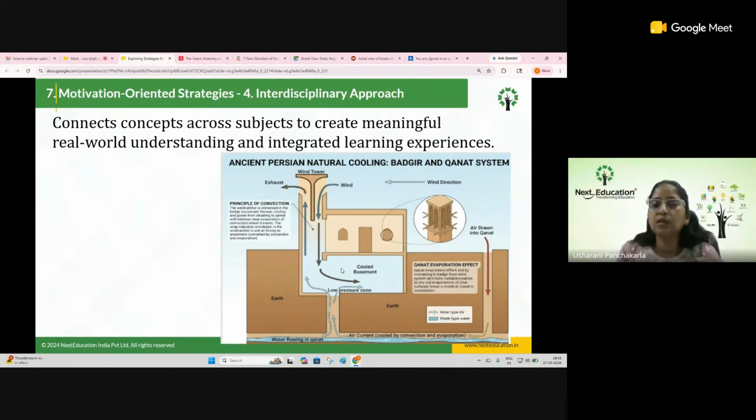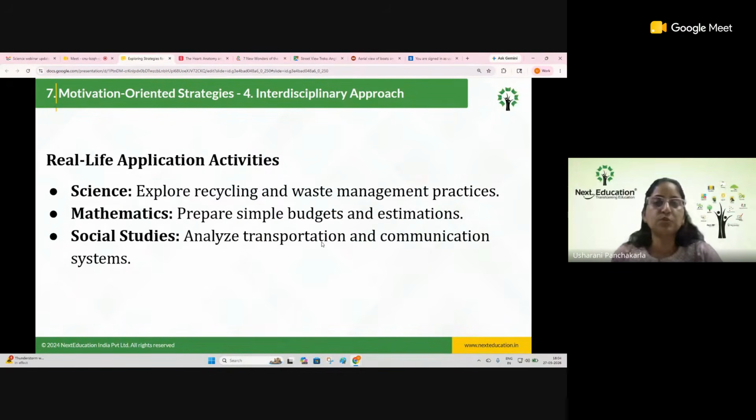Keep an incense stick, an agarbatti, at the bottom, and you can see how the hot air is circulating outside and how the cold air is moving downwards. Cool air we cannot even see, but the hot air, how it is moving through that exhaust, you can see it moving ahead, right? These types of interdisciplinary models are created to enrich motivation in the classrooms for the students.